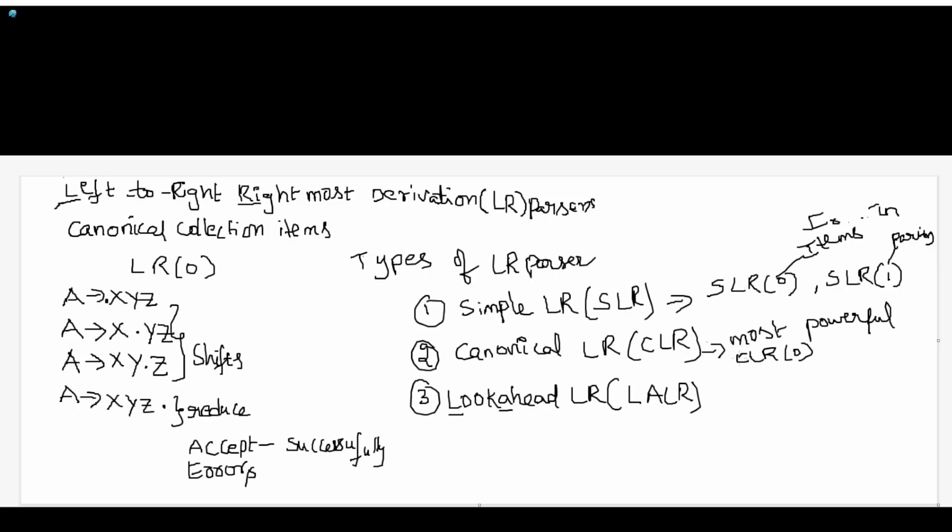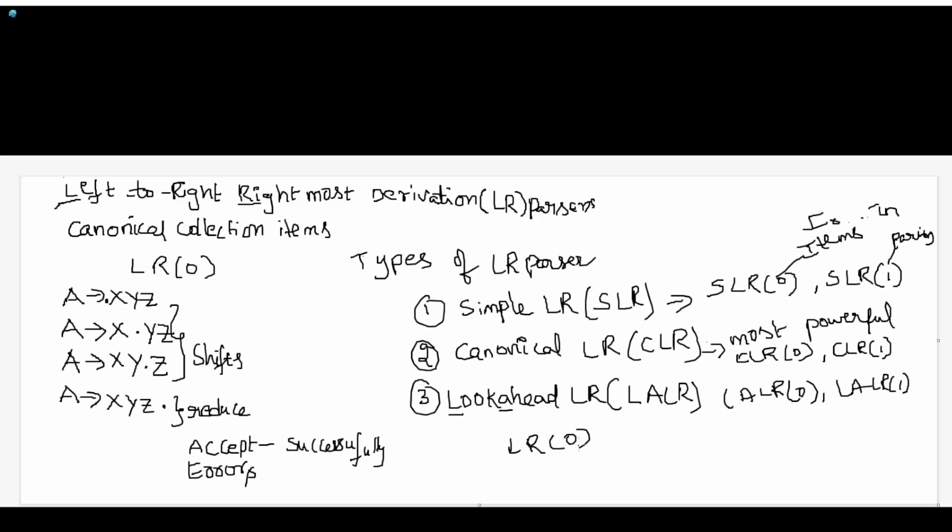CLR(0) means just constructing again the canonical collection of items. CLR(1) means it consists of the CLR(0) plus the parsing table. Similarly for LALR also, LALR(0) and LALR(1). Every time you have to check whether it is SLR or CLR or LALR by constructing the parsing table only. And one more important concept here is